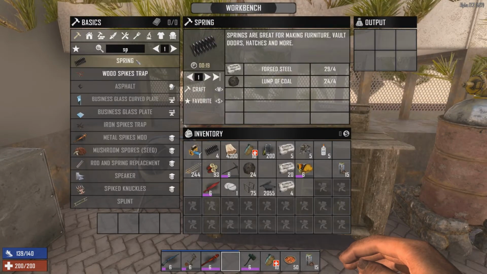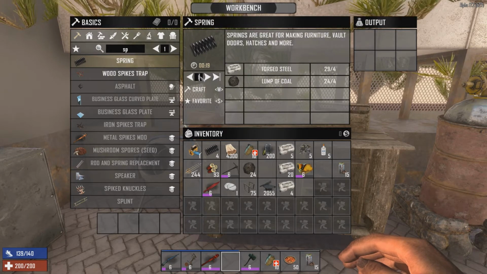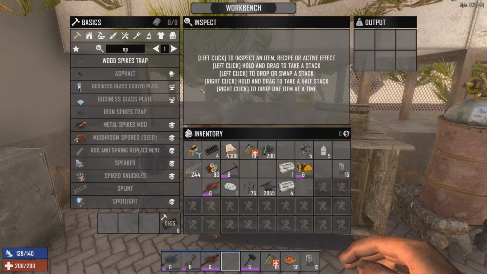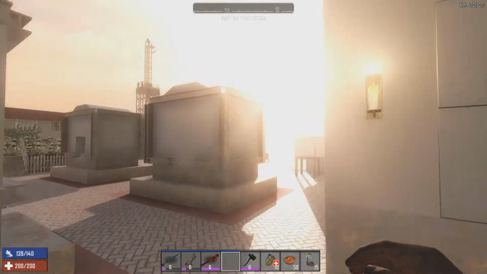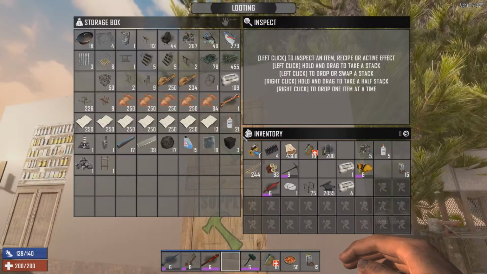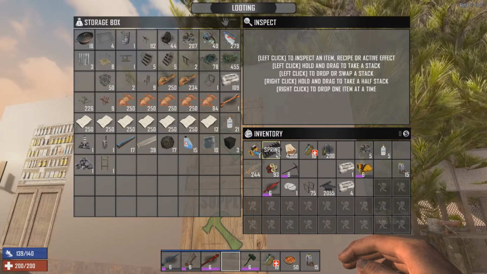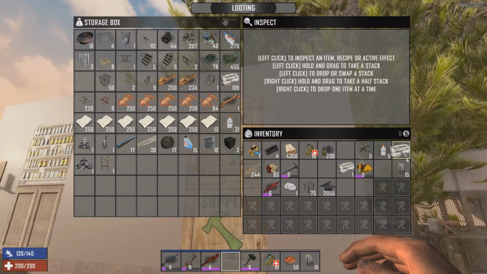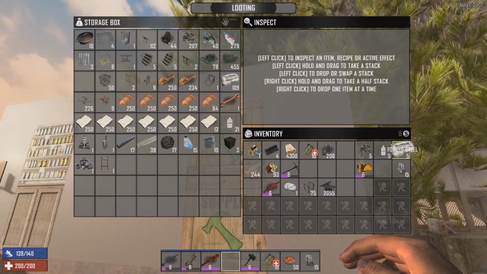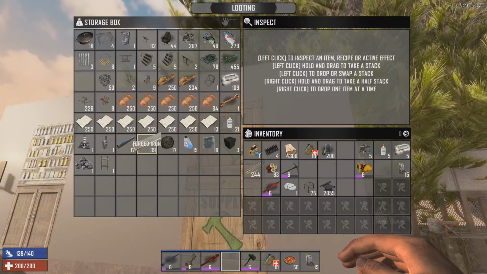And I do have enough resources at the moment scraped together for us to make another one of these. I had a look at the schematics that I've got, and most of the ones that are useful to me right now, I have already pretty much crafted for my tools and my weapons and stuff. So I thought I might as well just make a second one of these. Let's see here. But, do I need...